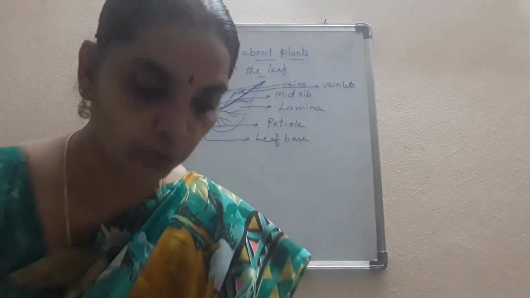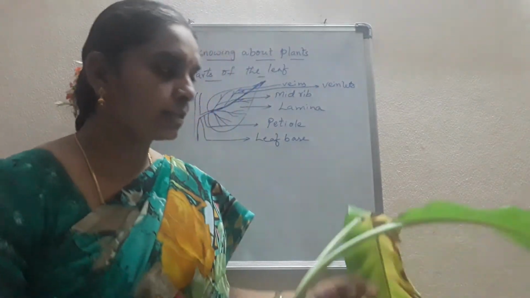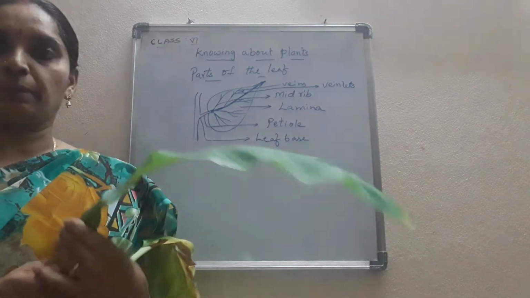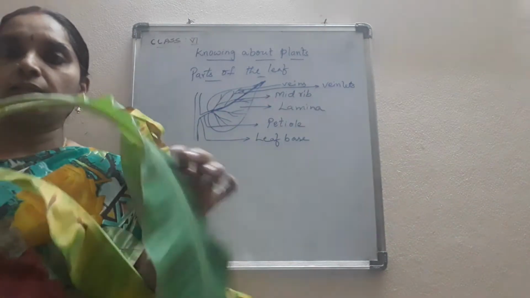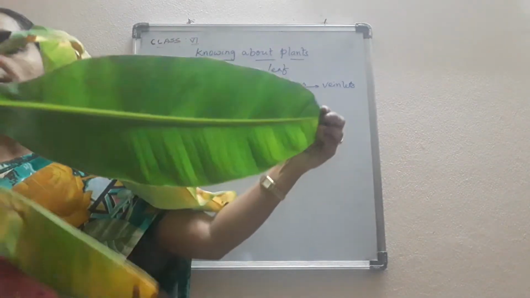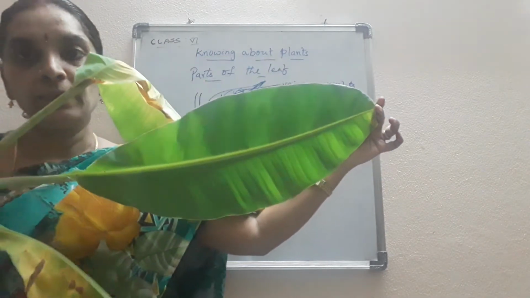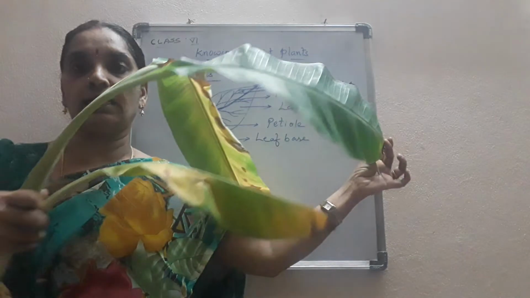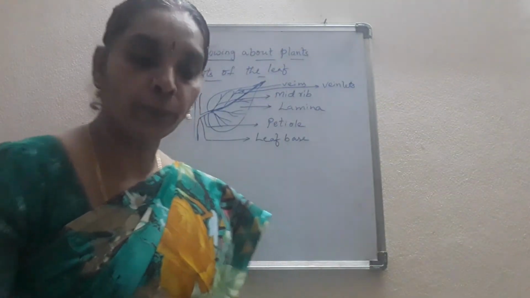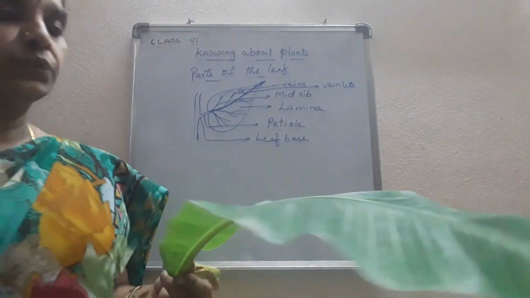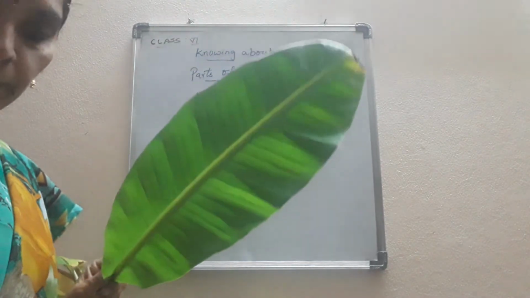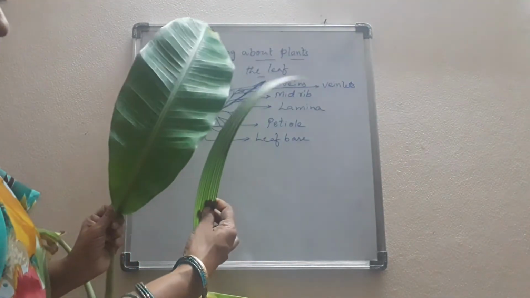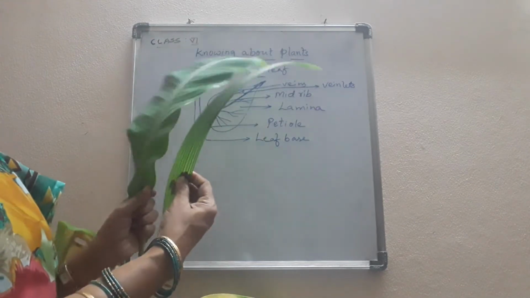So these are the different varieties of leaves that you are seeing now. And the other leaf also I want to show you. You might have known this leaf of banana, isn't it? Plantain leaf. Can you observe this leaf now, children? So this is the leaf of banana or plantain. Okay, plantain plant leaf. So hope you have observed the veins present in plantain and tadi.